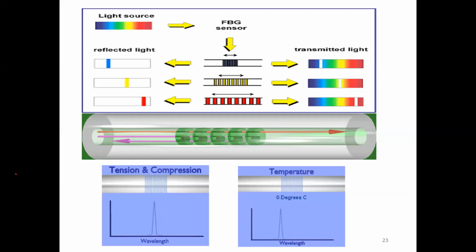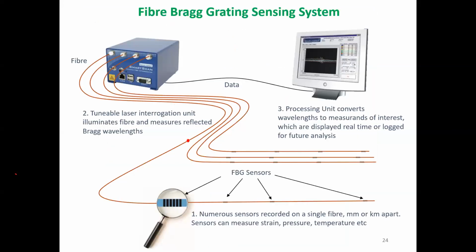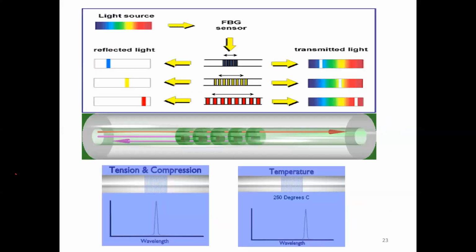Actually, up to the glass melting point, glass melts at very high temperature. So up to the melting point, if it doesn't melt, then I think it can sense all the temperature until the melting point of the glass. And temperature is directly proportional to wavelength shift. So here in this figure also we have seen up to 300 degrees. In the minus also, it means it can measure below 0 degree also, it can sense.